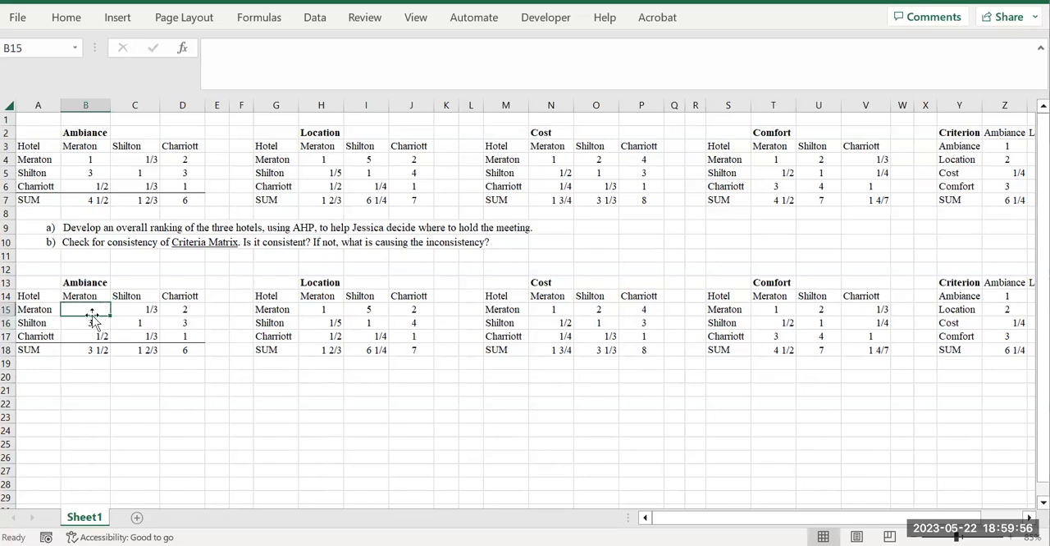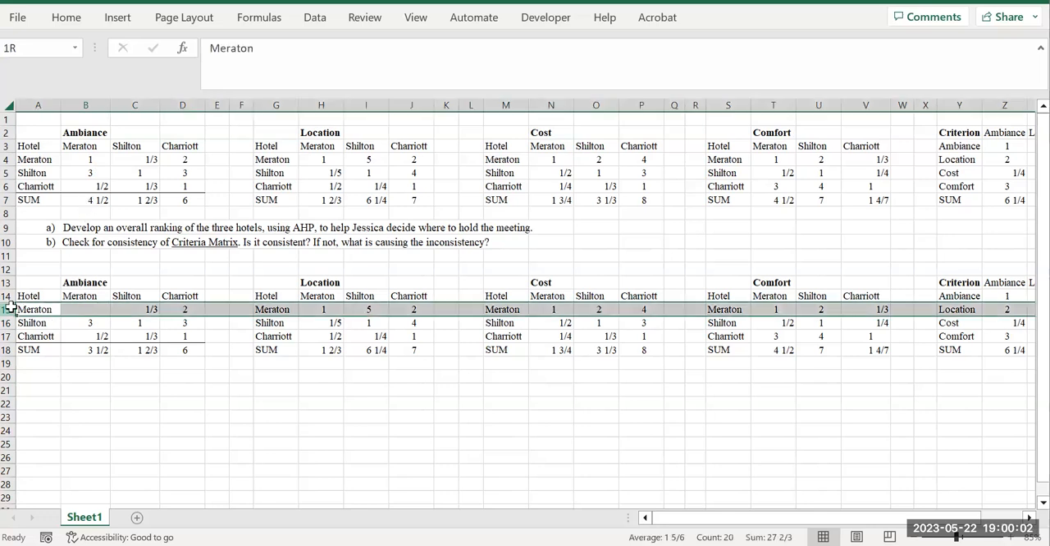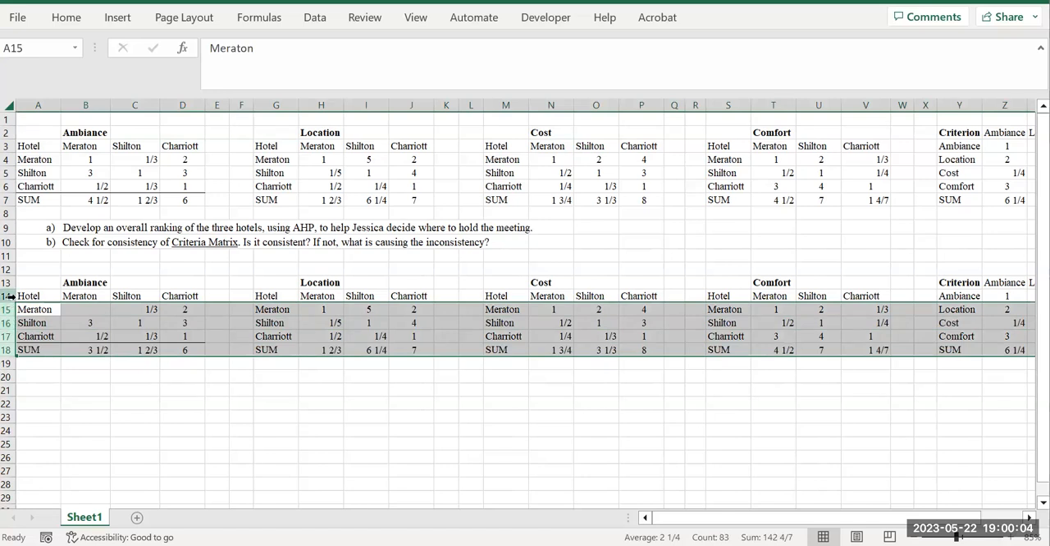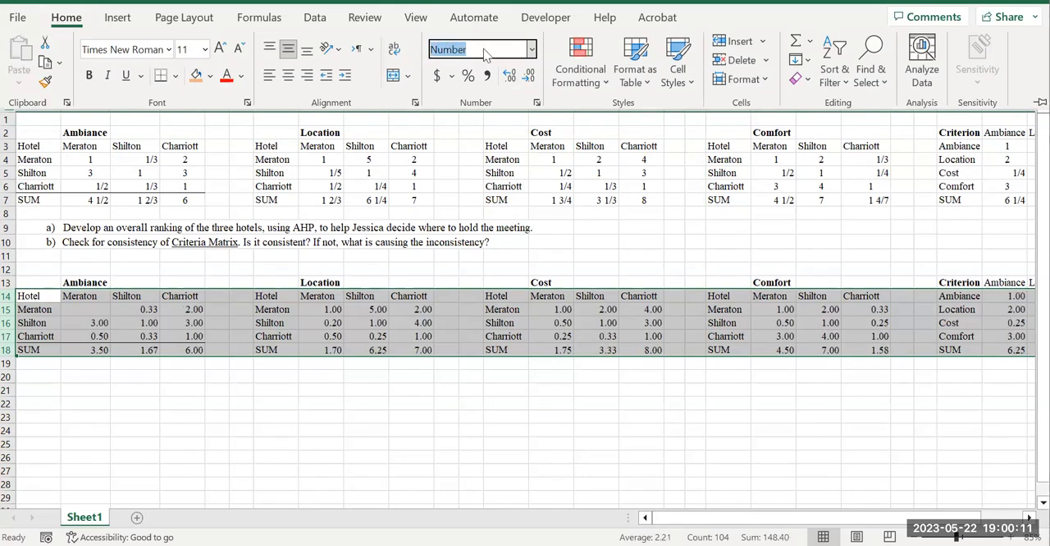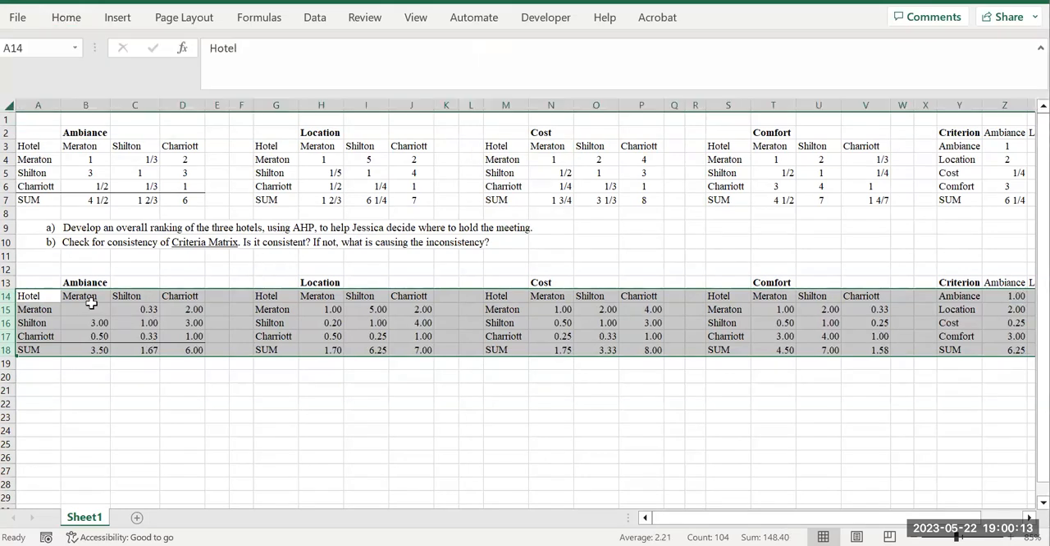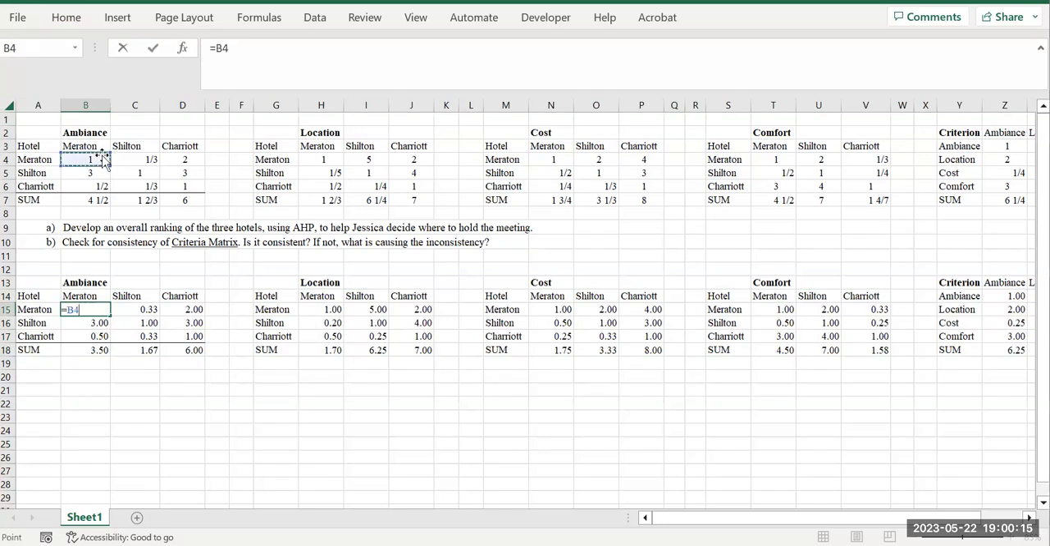So the formula that goes here is going to be the cell divided by the sum of the column. All right, and before I do that, I just want to make sure that all of my values are in number format, just so I see them in decimal form. So, okay, the first one is going to be the cell